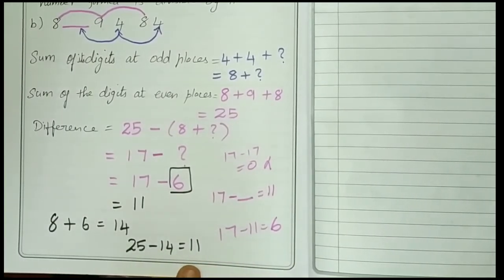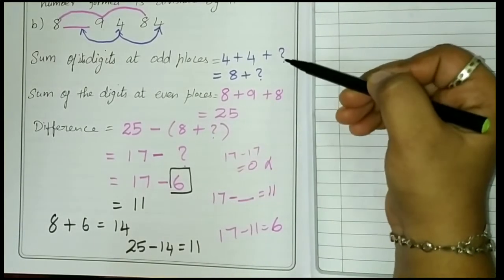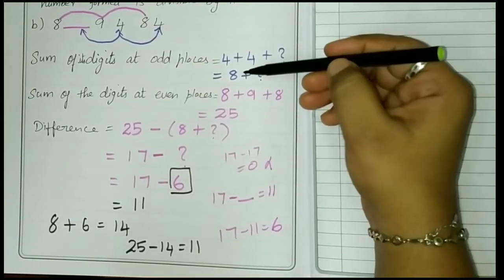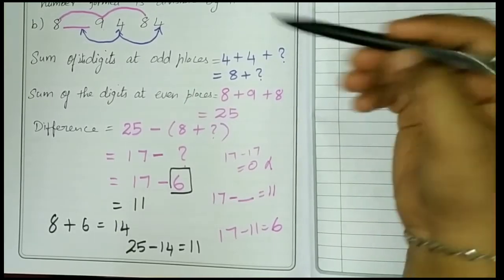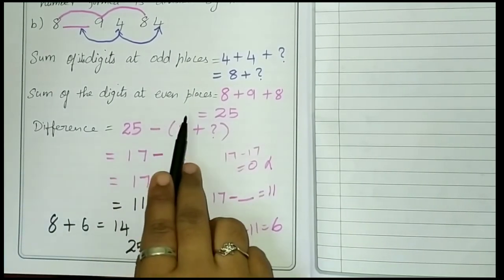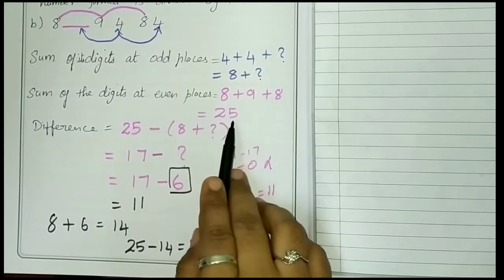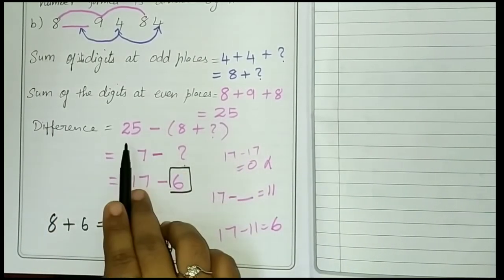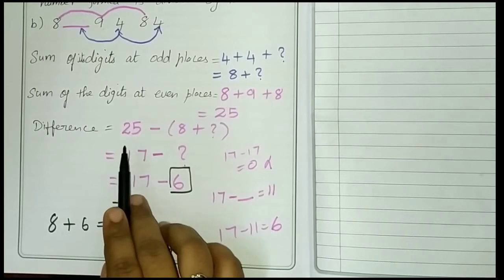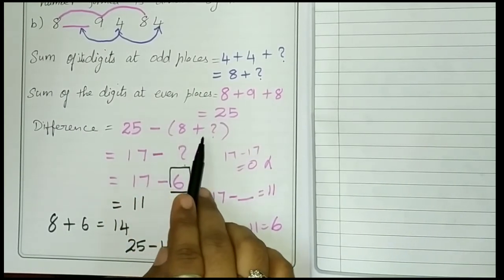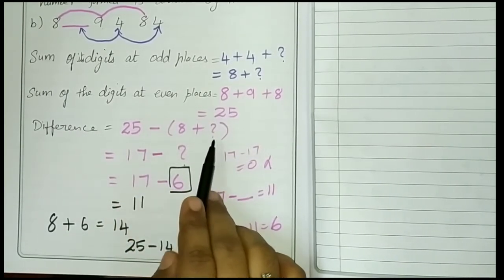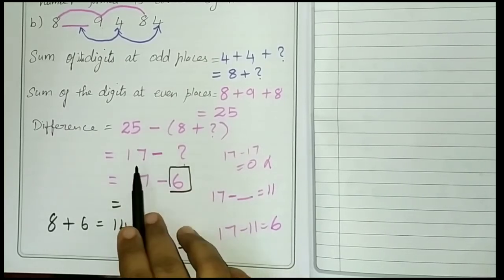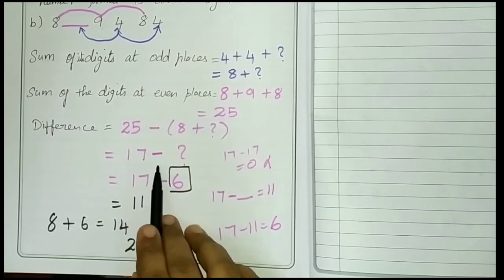One more time I will explain. First, the sum of the digits of the odd places is what? 4 plus the required digit. So I got 8 plus that question mark I have written. Sum of the digits at even places, 8 plus 9 plus 8, I am getting the answer 25. I am doing the difference. 25 is the greater number, so I am subtracting from 25. 25 minus 8 plus question mark, the unknown number, 17. How did I get this 17? 25 minus 8, it is 17 minus